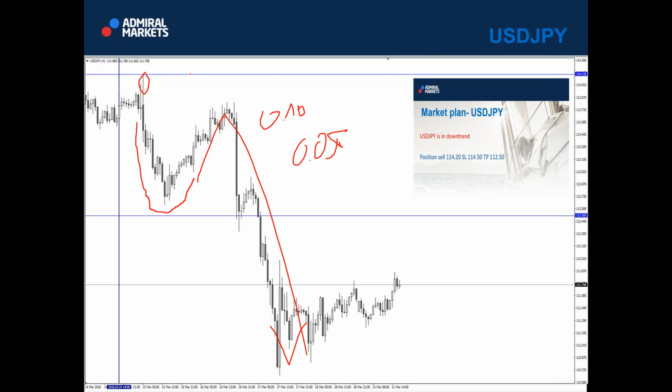For example, dollar CAD may look like this, hitting your break even, but dollar yen didn't, so we don't know that. If we would know for every single trade how the trade would develop, guys, then probably you wouldn't be here with me, right? I don't know that. The only way I know is by technical analysis.